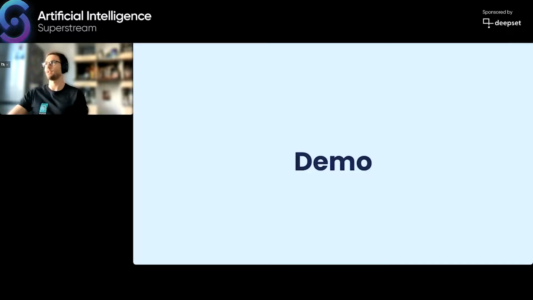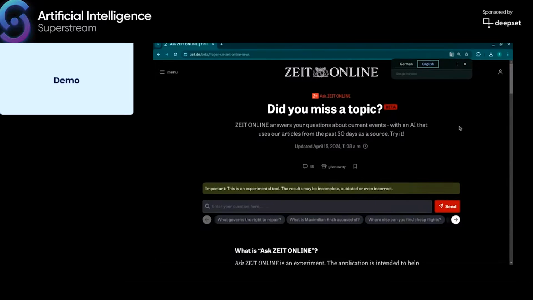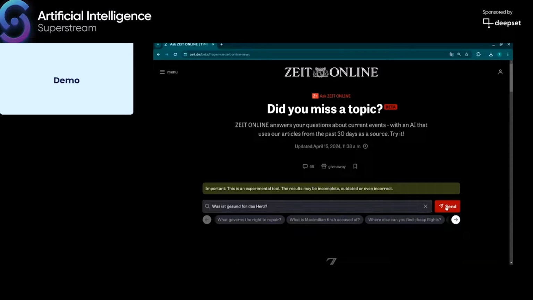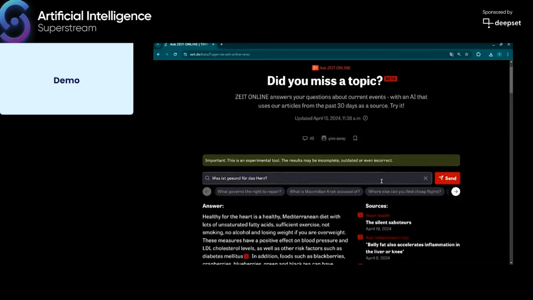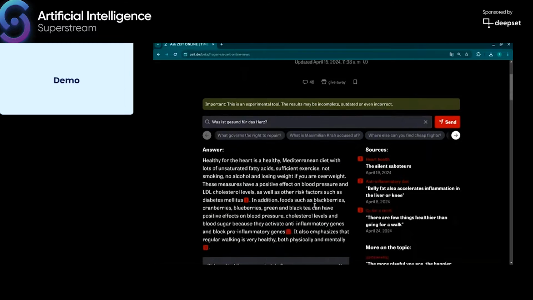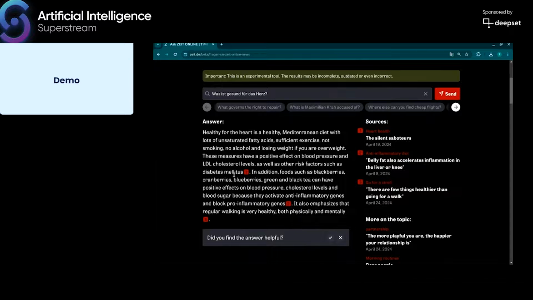I'm going to share my screen. Now we're doing the trick and just using Google Translate to convert it to English. And you can see the user interface, like a basic search interface. We can now ask a question. This is translated. I have to ask it in German because the prompt is in German for it to work. So what we are asking is what is healthy for the heart, so for the human heart. And then, as you can see, you get a response within seconds, and you also have these nice citations that you can